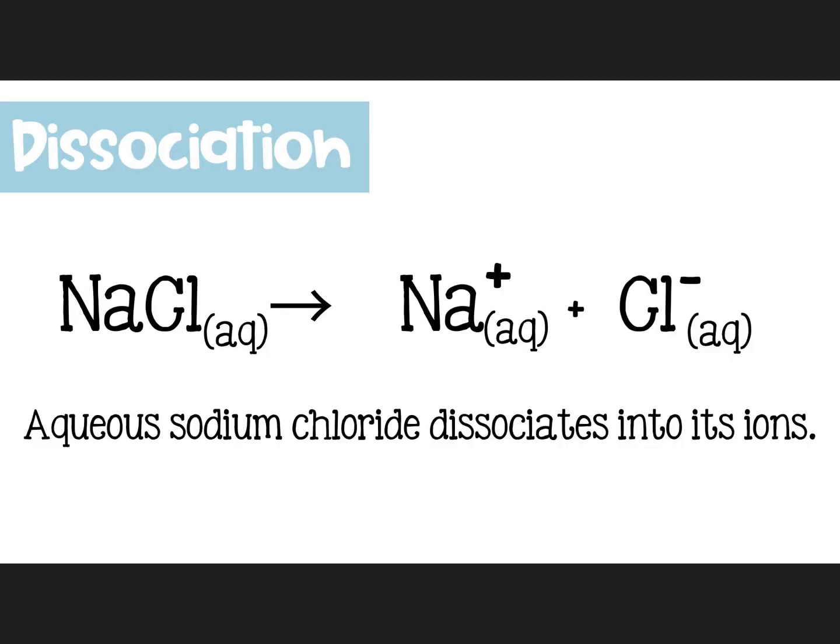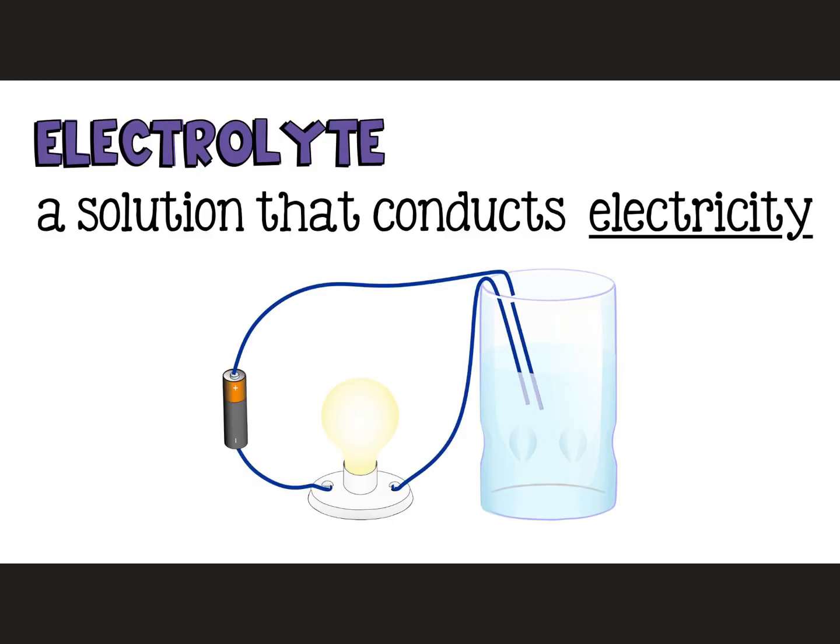In this problem, aqueous sodium chloride, which is sodium chloride in water, dissolves and dissociates into its ionic parts, sodium +1 and chlorine -1. An electrolyte is a solution that conducts electricity. So an electrolyte has a lot of positive and negative ions dissolved